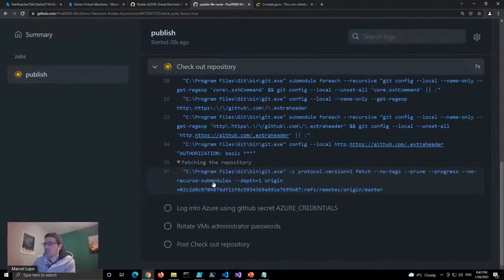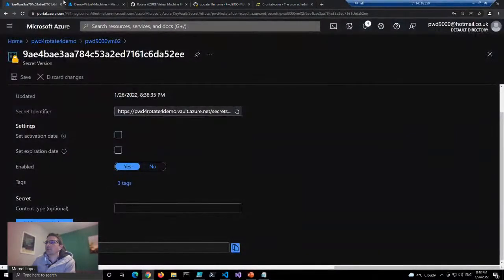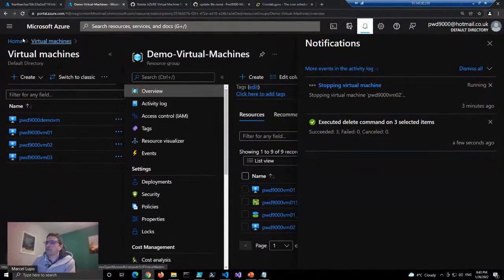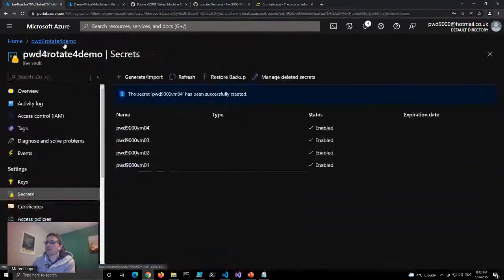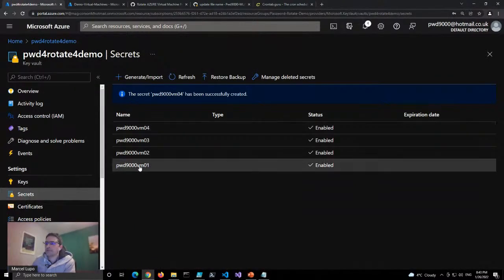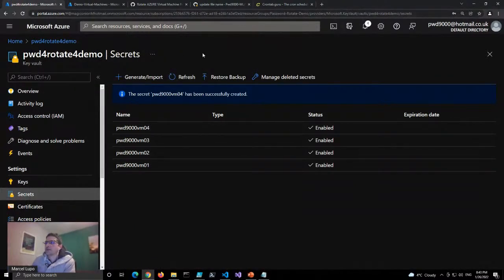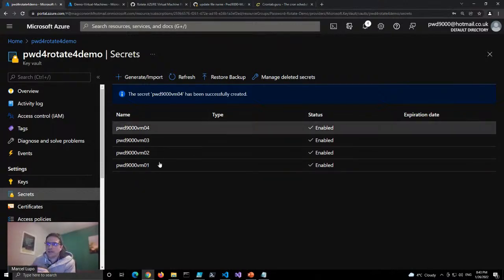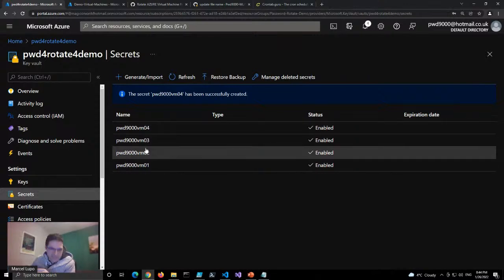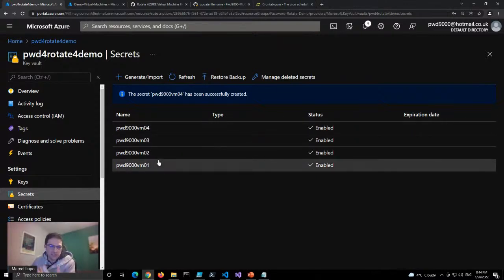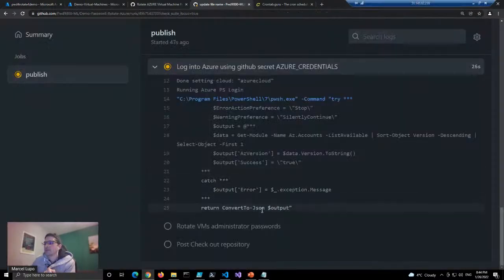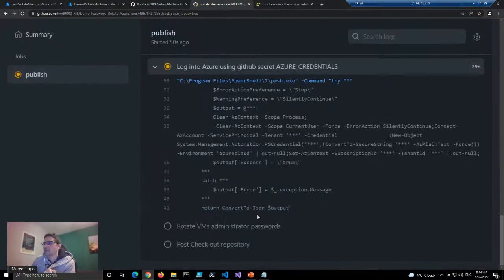has been decommissioned. So say, for example, you do have, if I just go back to the Key Vault here, we have a list here of servers. If the servers are on and running and the GitHub action has got access to the server, then obviously it will change the password and it will update the secret in the Key Vault. If the server is not running,